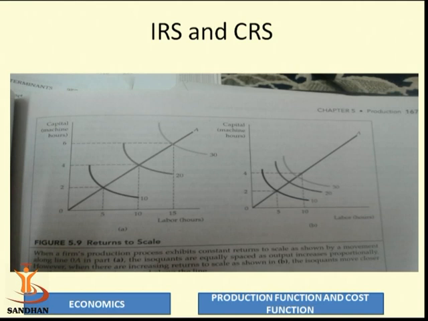Now you see on my left is the CRS, constant return to scale. You can see the spread between the various isoquant curves. From the point of origin to the first isoquant curve, first to second isoquant, second to third isoquant curve, the distance is equal on the expansion path. That's why we call it constant return to scale. On my right side, you see the distance keeps diminishing. That means you get the output doubled faster than the input gets doubled.